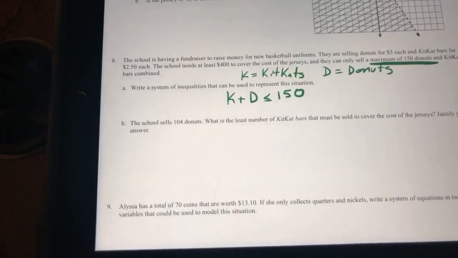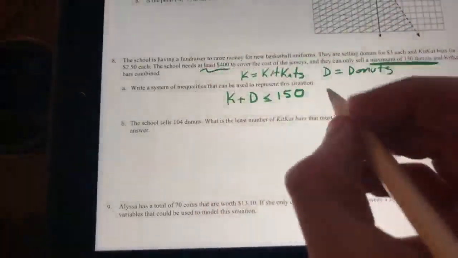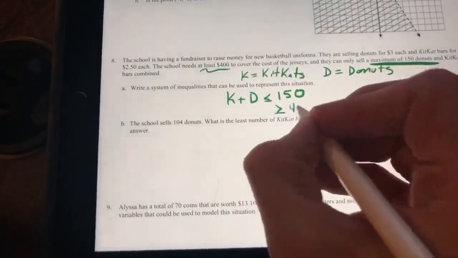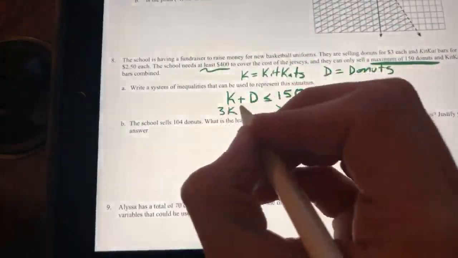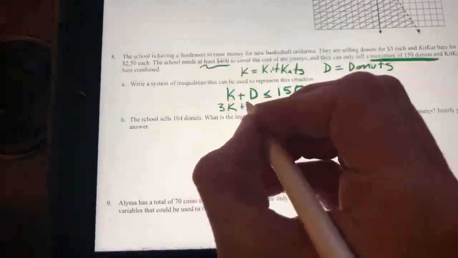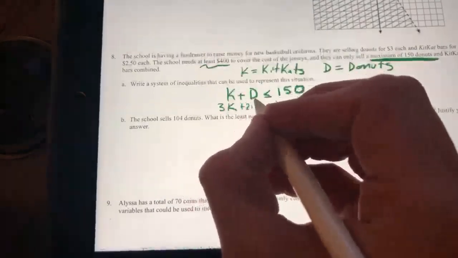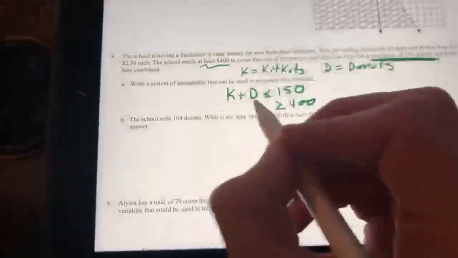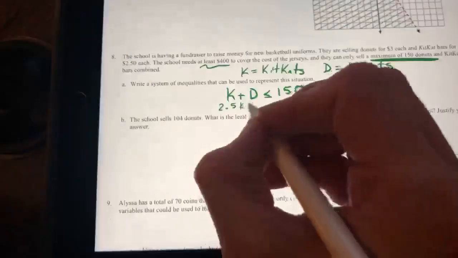Now my second inequality is going to involve the price. Notice it says I need at least 400 bucks. Right away, I know it's going to be greater than or equal to 400, and I want to incorporate the coefficient, $3 for a KitKat, $2.50 for a donut. Oh wait, am I saying that backwards? Yeah, sorry. I'm paying attention. KitKat's $2.50. Donut was